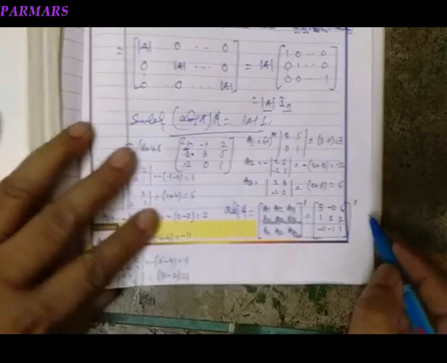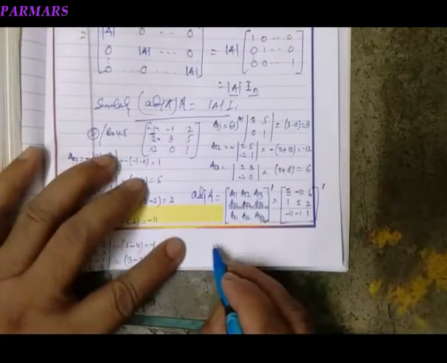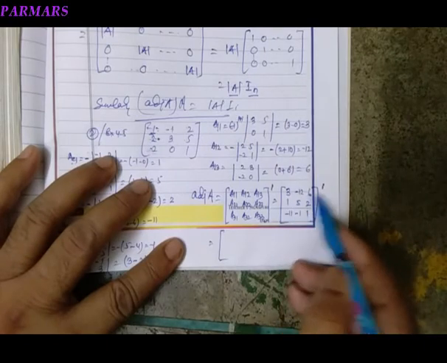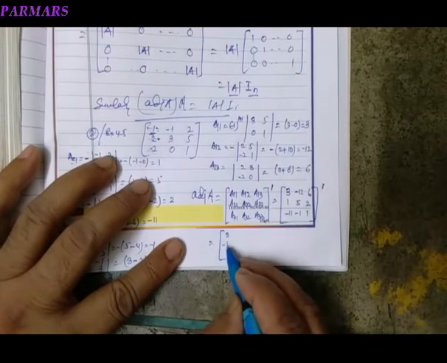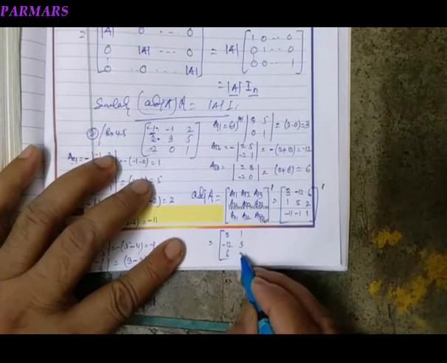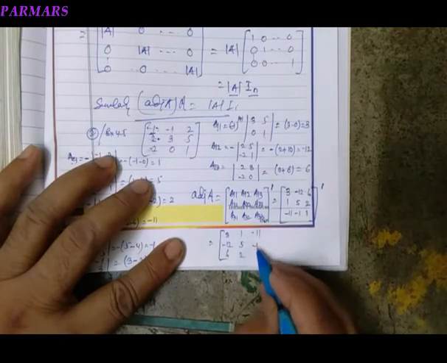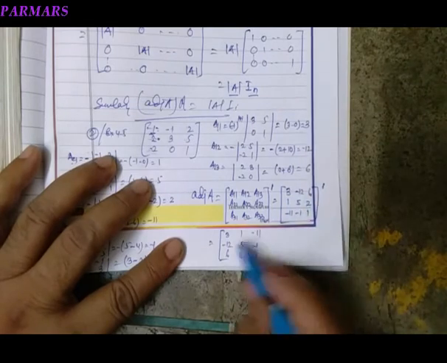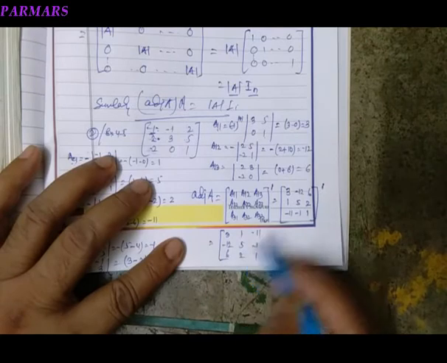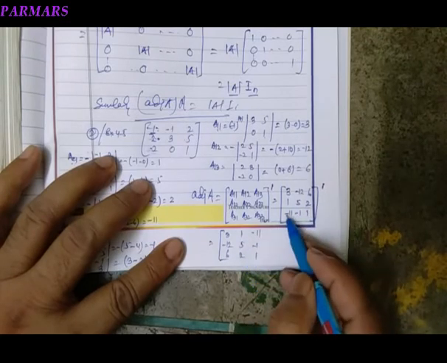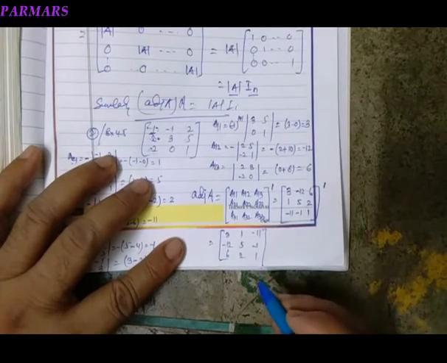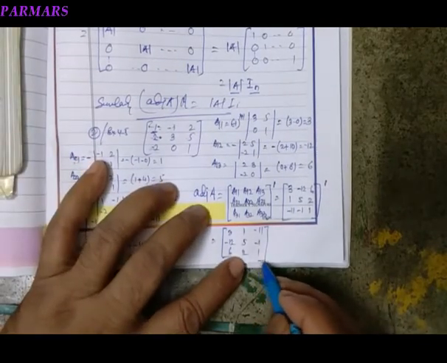ये प्रैक्टिस के लिए इतना डिटेल बना रहा है. नाउ देन ट्रांसपोज क्या होता है? रो को कन्वर्ट कर दीजिए कॉलम में. 3 minus 12 6 becomes 3 minus 12 6. 1 5 2 becomes 1 5 2. Column row 2 row column 2, row 3 minus 11 minus 1 plus 1. This is the adjoint of the given matrix.